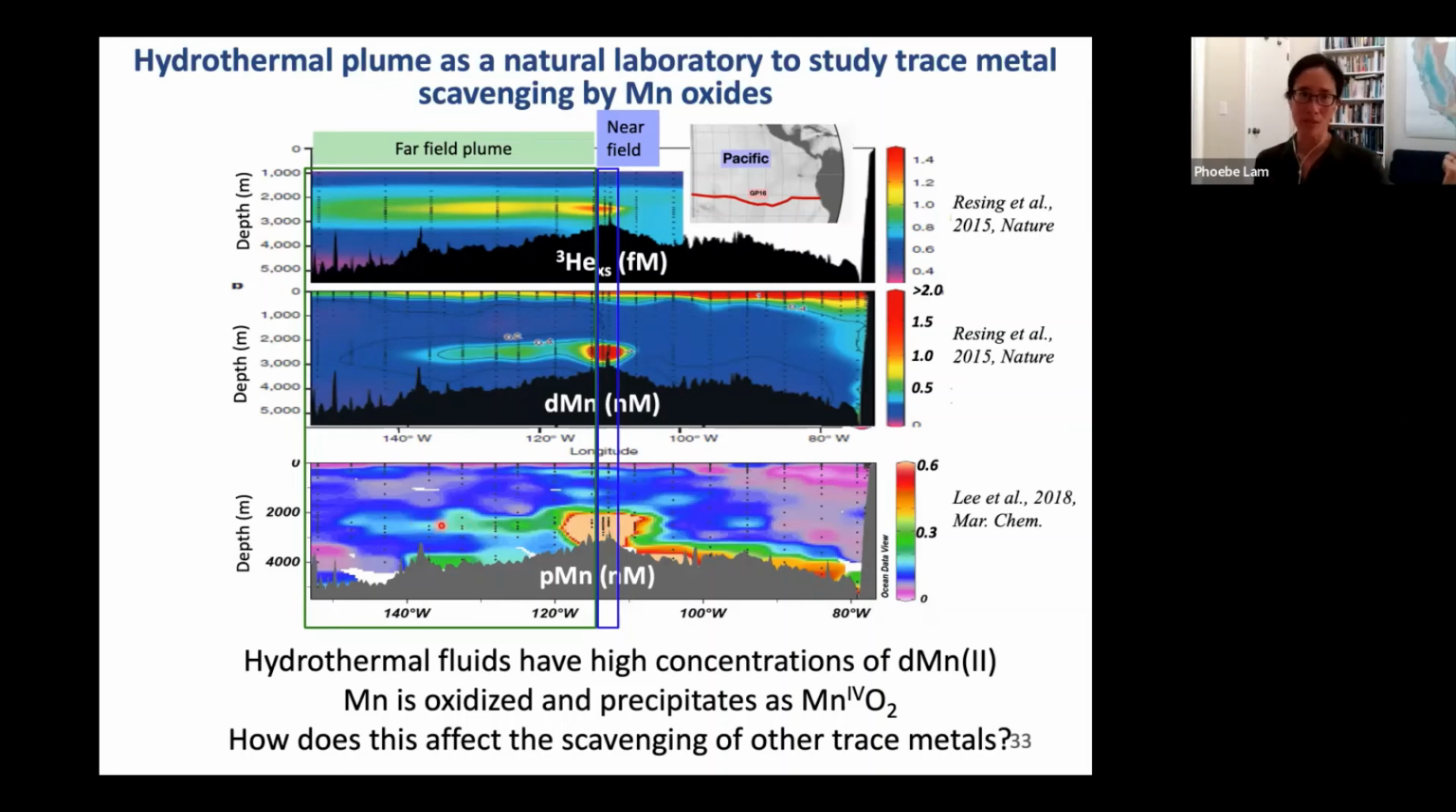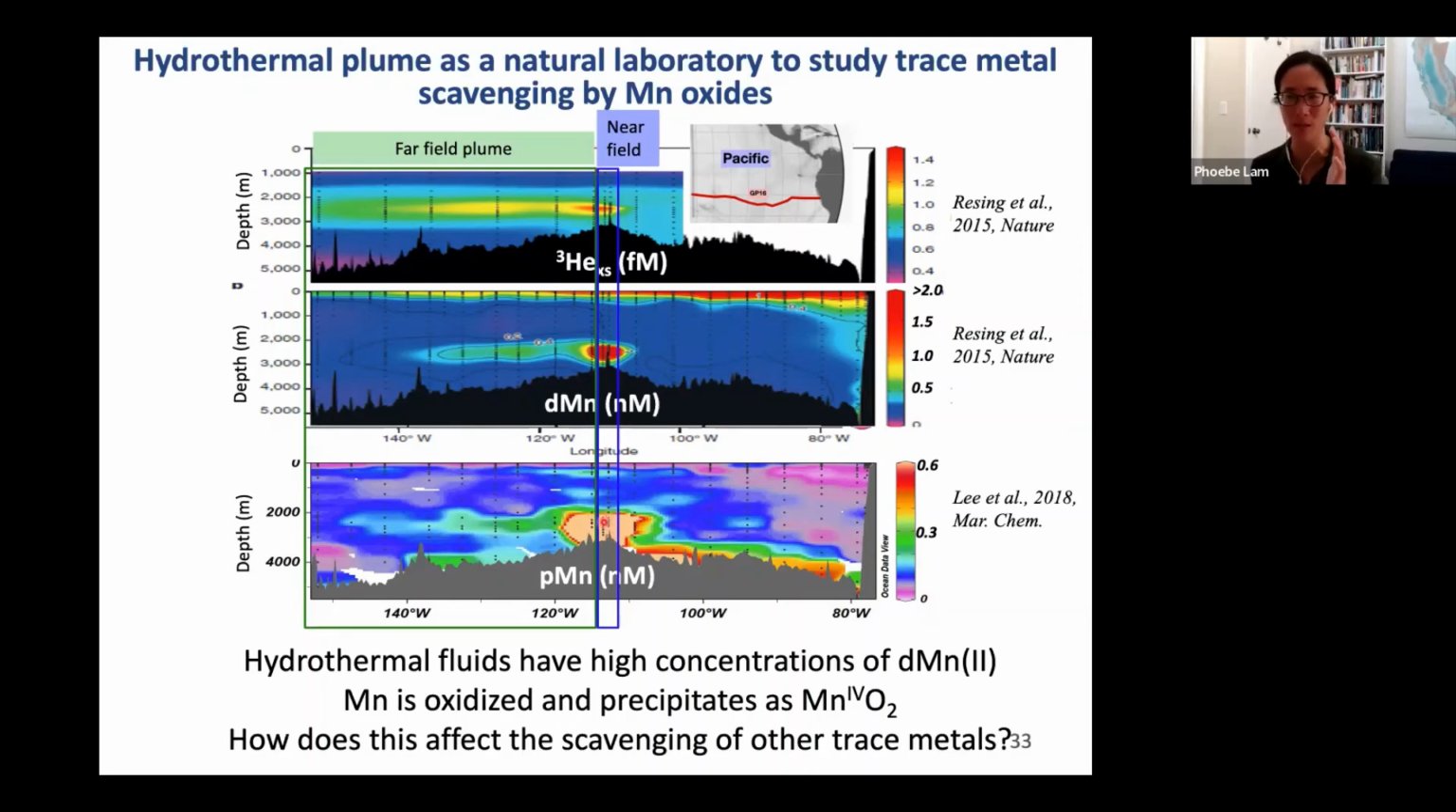So we wanted to use this as a natural laboratory to study trace metal scavenging by manganese oxides. We know it's coming out in a dissolved form. We know it's getting oxidized, and then it's being transported. What can we learn about how oxidation affects scavenging by looking at manganese oxide and what elements it's associated with along this plume? So I'll be talking about samples from the near field, so right above the hydrothermal vent,